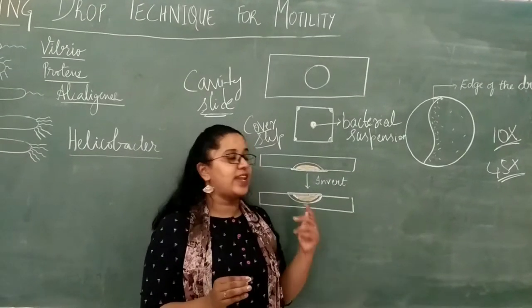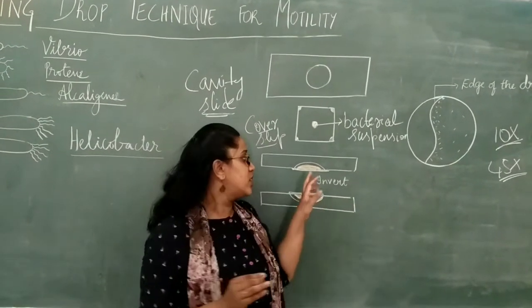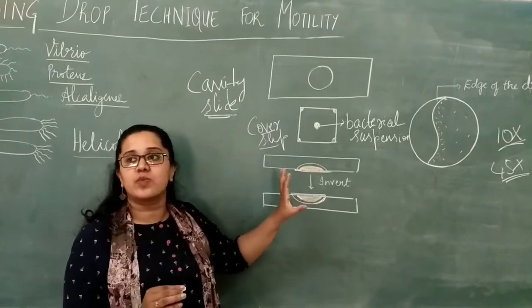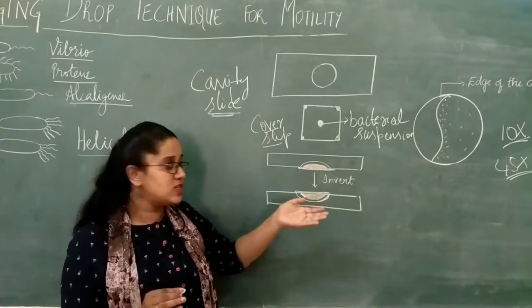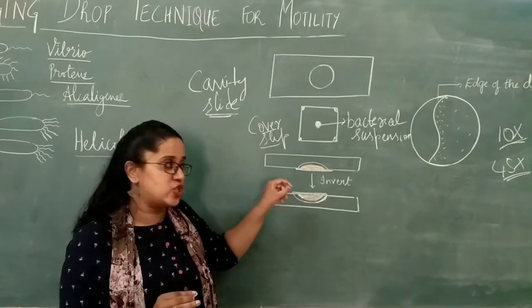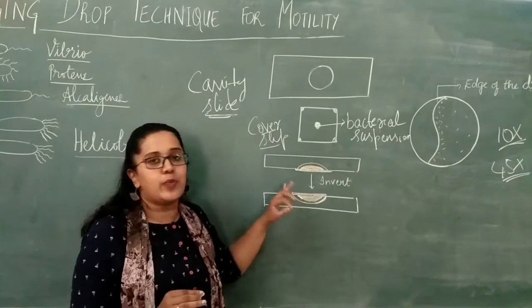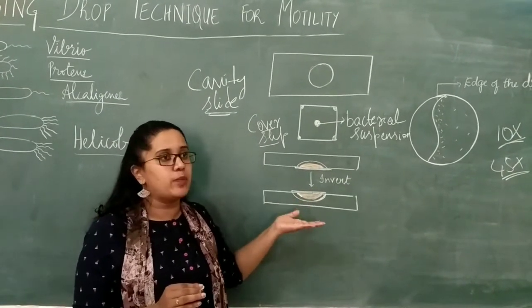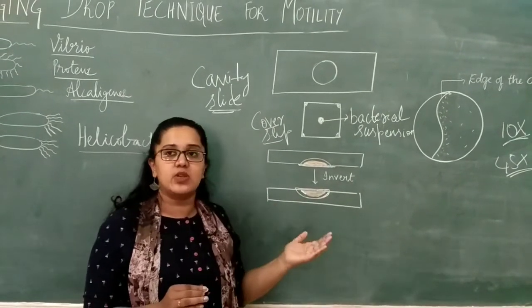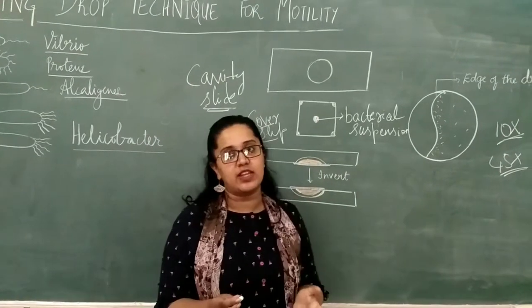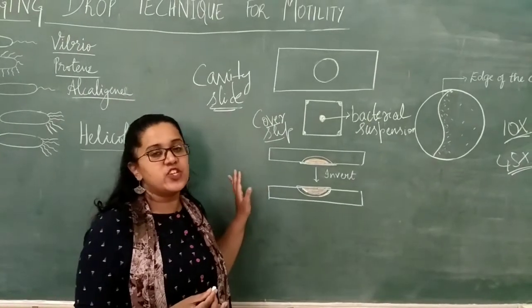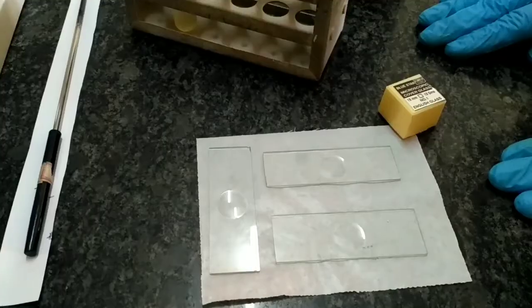The second precaution that has to be taken is that the whole focusing part of the experiment has to be carried out within a few minutes, because the drop, please remember, is a very small volume of the cell suspension, and if you leave the drop on the slide for a very long time, then the drop might get dehydrated, or it might dry up. Thereby, again, you will not be able to visualize motile bacteria. So these are two precautions which have to be taken while performing this experiment. Let us go on to the performance of the experiment.